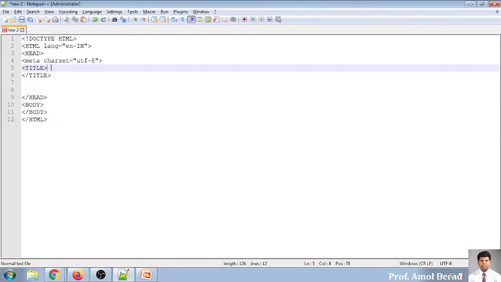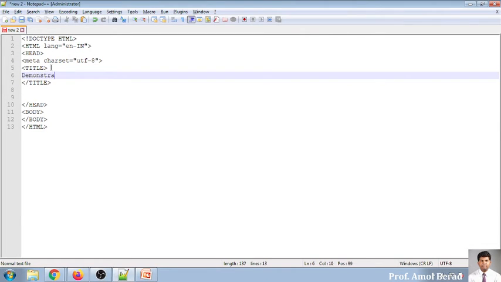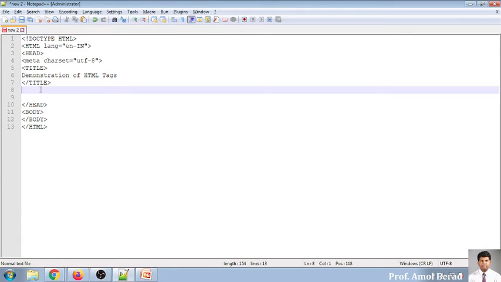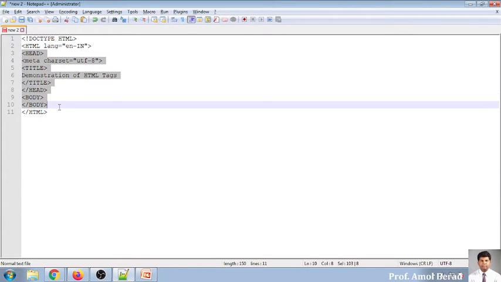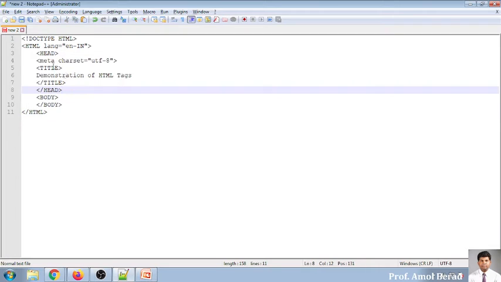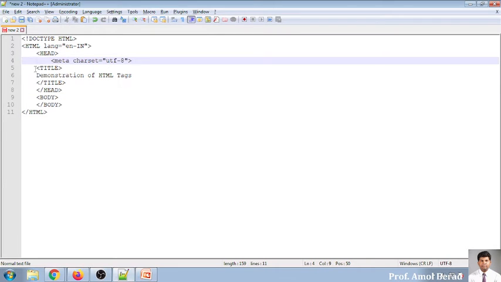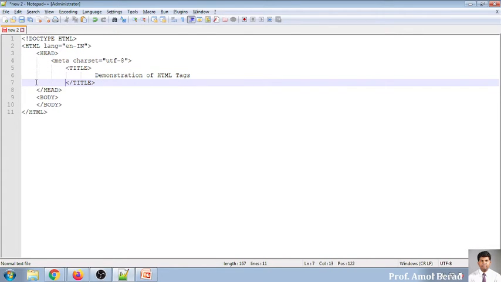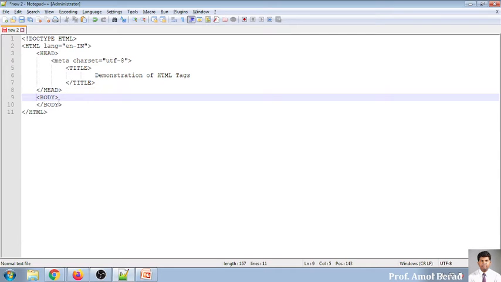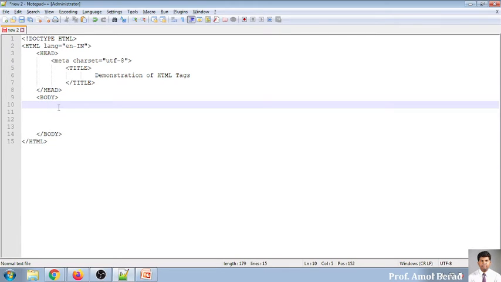Now we are going here for the demonstration of HTML. So this is a demonstration of HTML tags. I have written it like this, the demonstration of HTML tag, and this is where we have closed this. So here you will see a head, a meta tag, and into that there is a title also. I have written something into this. Title closed, head closed, body tag started, and here we'll be writing something. Now we'll go for writing code. We'll be implementing as much as we can in this session today itself.